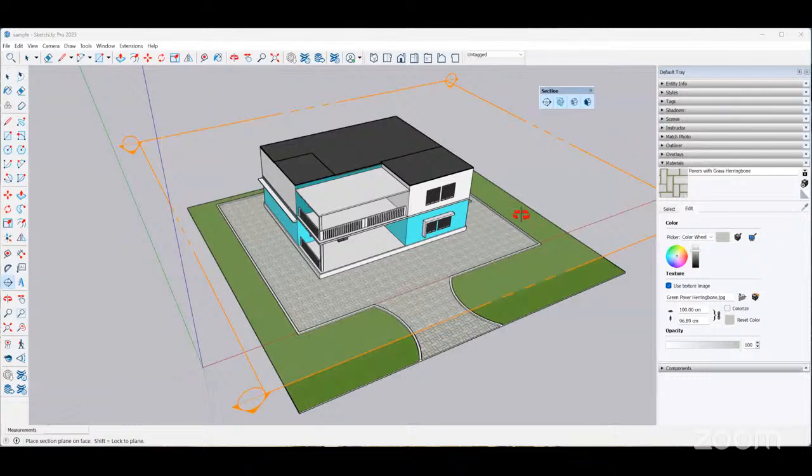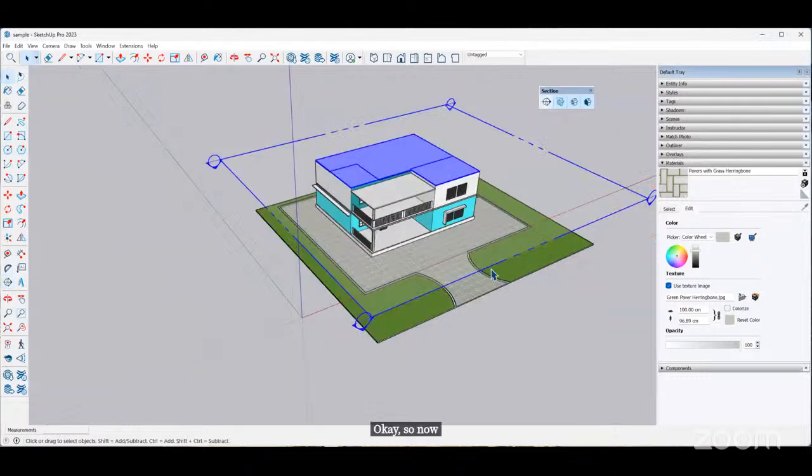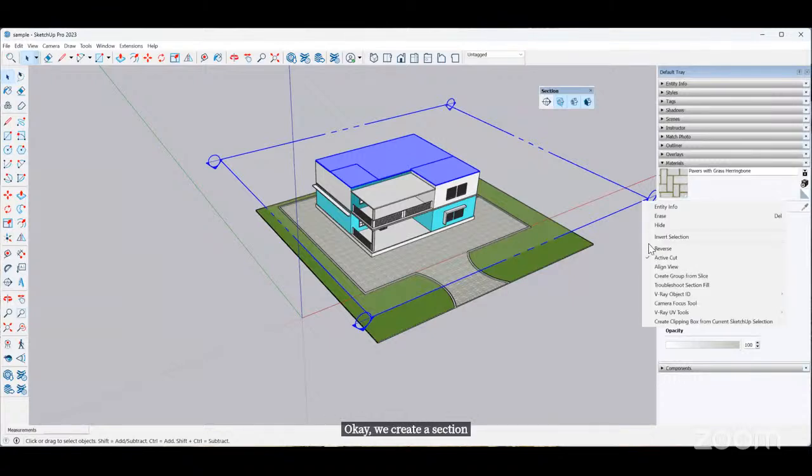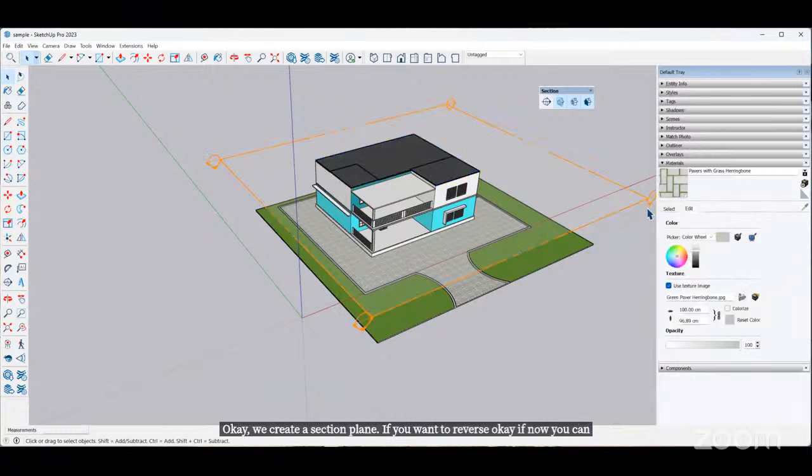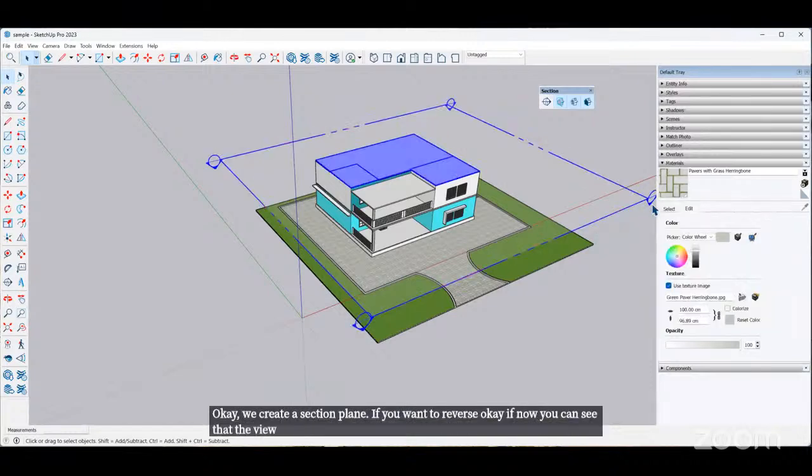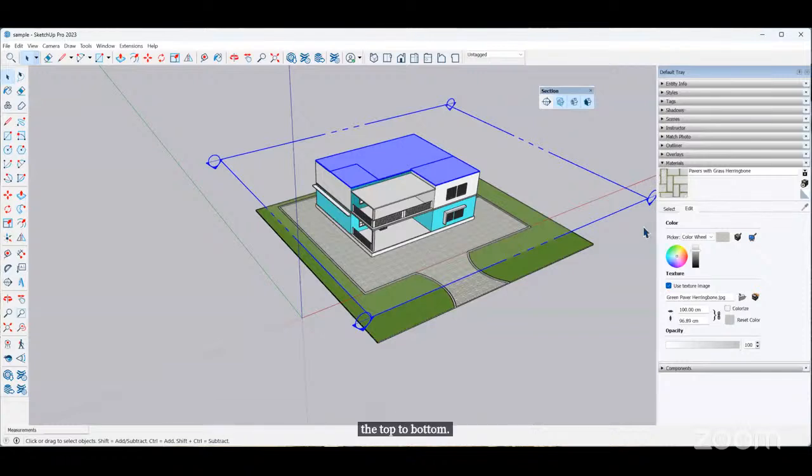Okay, so now we create a section plane. If you want to reverse it, now you can see that the view from the section plane is from top to bottom. If you want to change the view of the section plane from bottom to top,